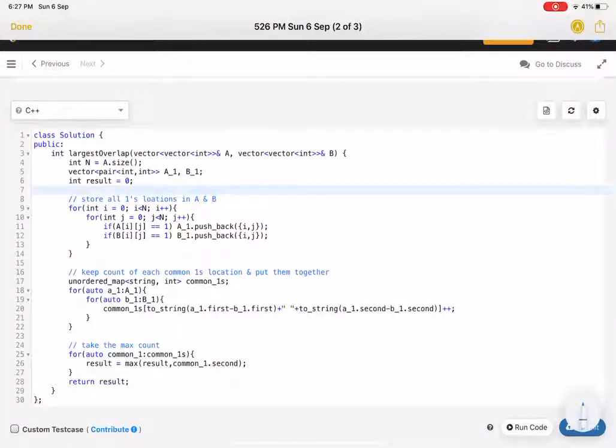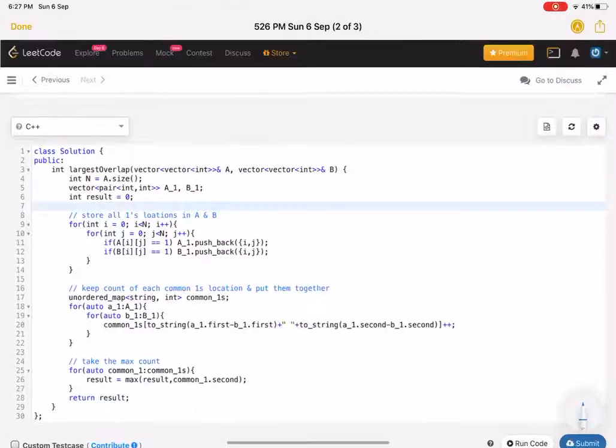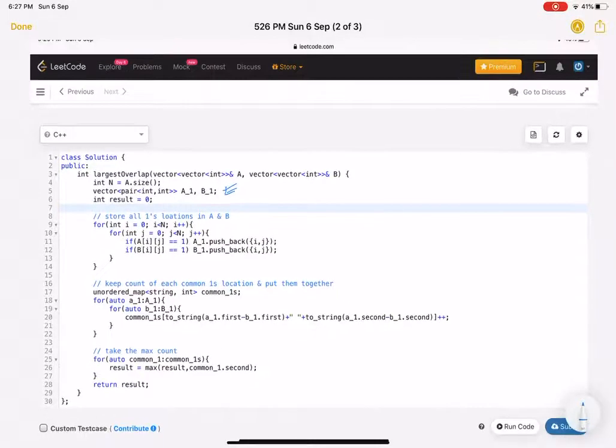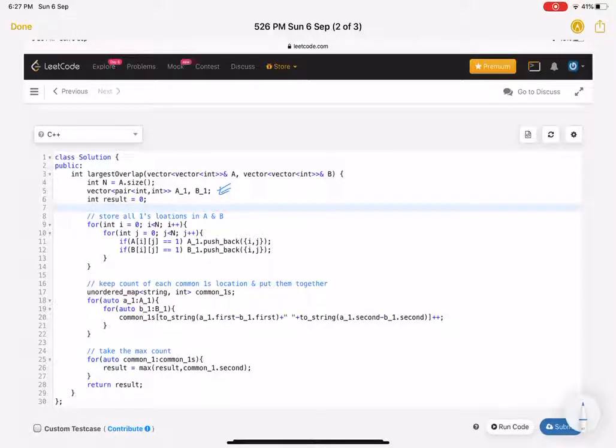So here I have already written the code, as you can see. First, I have taken two vectors which will keep the count of ones in A and ones in B. This is the part where it is getting done.